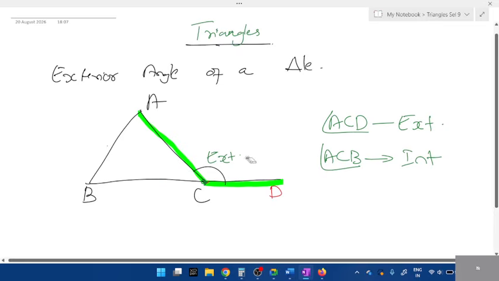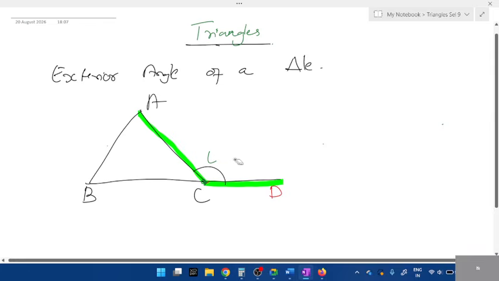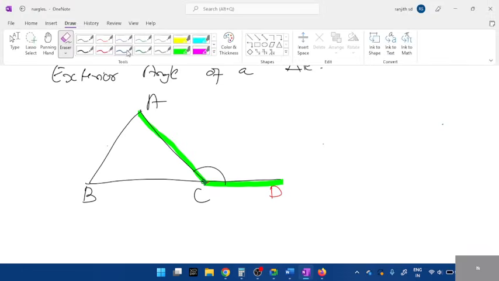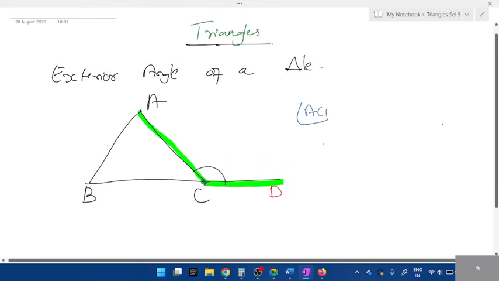I will make a note. Interior. Now this exterior angle, students, ACD, remember this concept, will be equal to the sum of the interior angles, angle A plus angle B. For example, if I take this as 50 degrees and this as 60 degrees, so according to this exterior angle concept, how much is 50 plus 60? 110. Angle ACD will be equal to how much? 110. This is the concept.